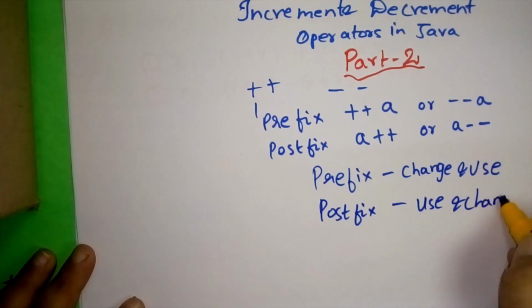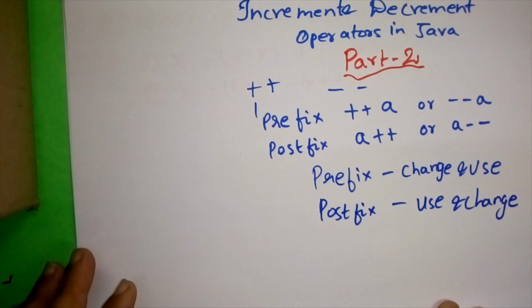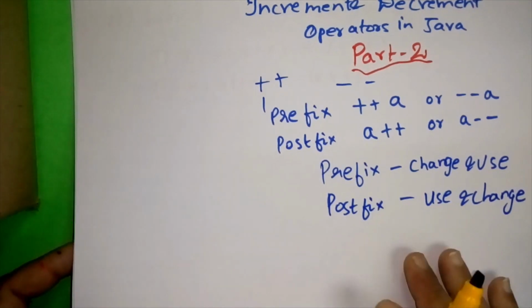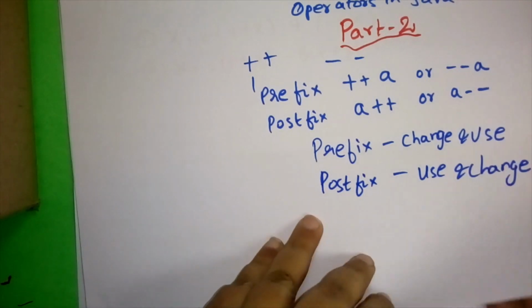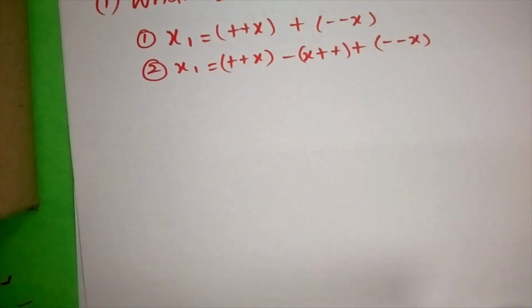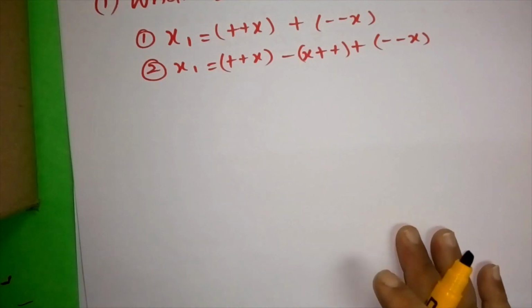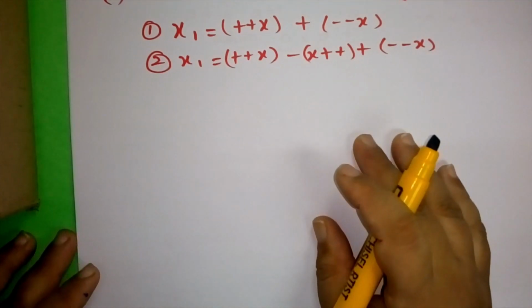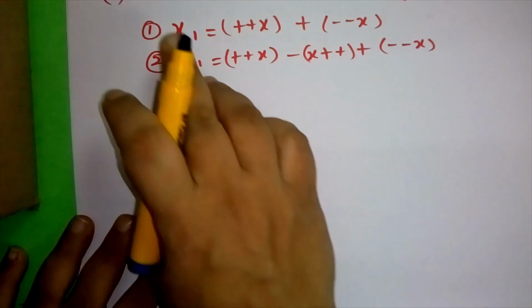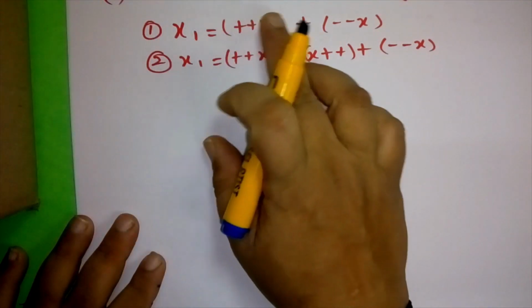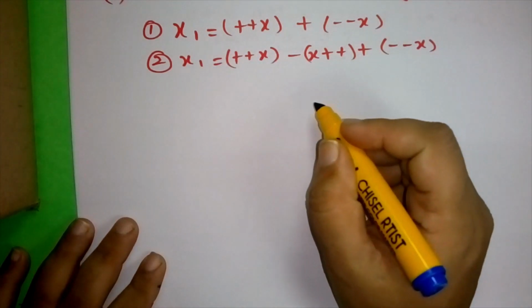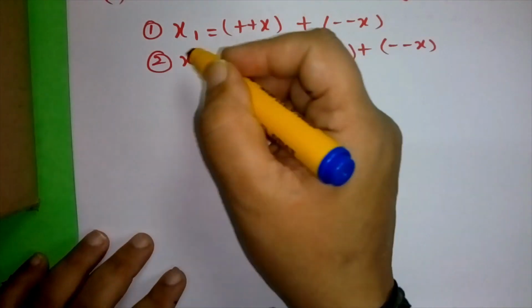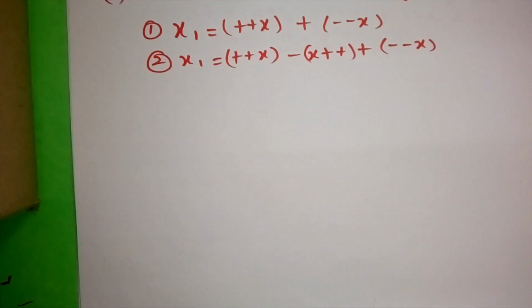In today's video, I have taken some board exam questions which I am going to discuss with you today. We will solve them together. You can take a paper and a pen and note it down. It will be a good revision for the upcoming exams. So the question here is, what is the value of x1 when x is equal to 5? This is the kind of question you will get in your board exam. So please note down this question. Okay, you have finished noting down.